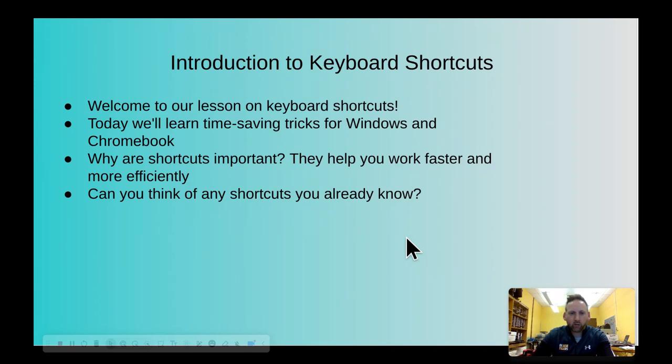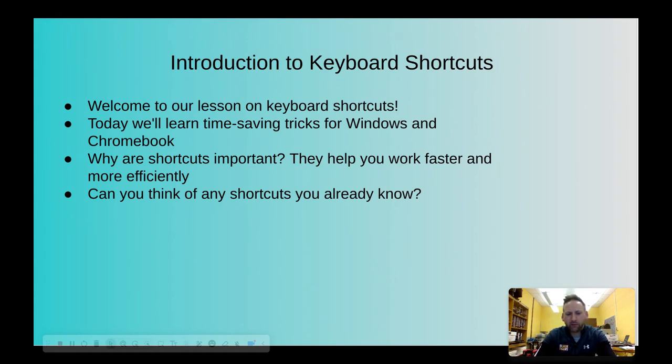And so I would like to show you both on our current Windows devices, these keyboard shortcuts, and also how you can apply those same shortcuts when working on a Chromebook, because shortcuts will help you work faster and more efficiently. And the first one I wanted to show you is I'm in a Google Slide right now, and sometimes